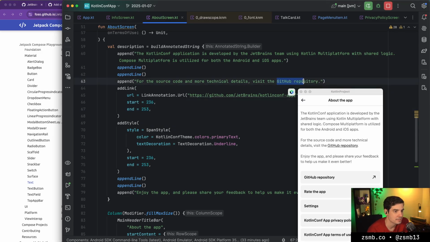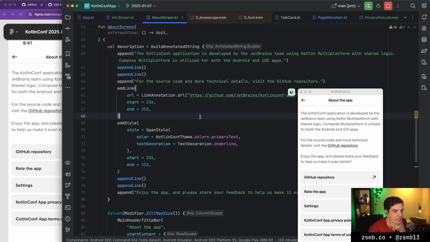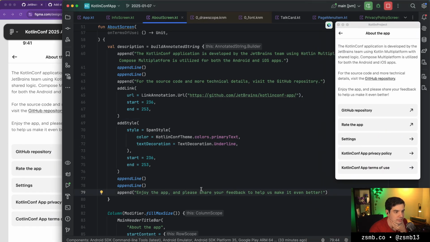I guess we can search for this string manually. And then what's the other link? It's the share your feedback link. I don't know how you would do this in a localized way. Like, I think we would need to place some kind of markers into the string resources and then find them from code and then add the annotations on top of that. And it's possible to do that with just Android, but I have not tried that in Compose Multiplatform yet,